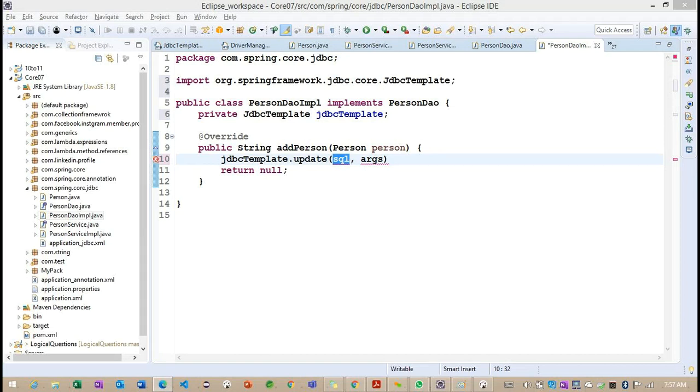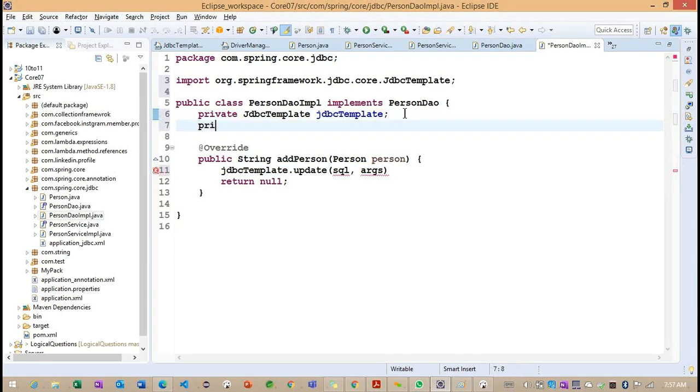To insert the data, what is the SQL query we need to write here? So no idea. You did not work on any queries as of now. Okay, no problem.